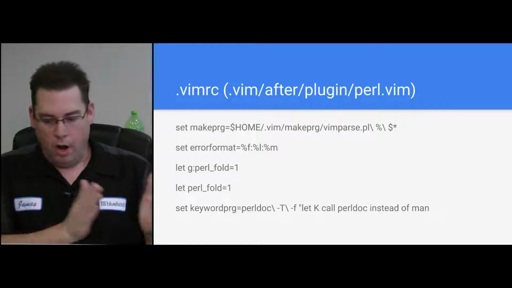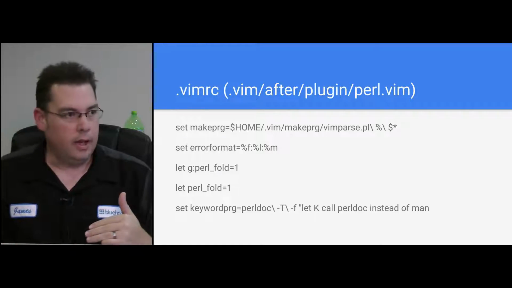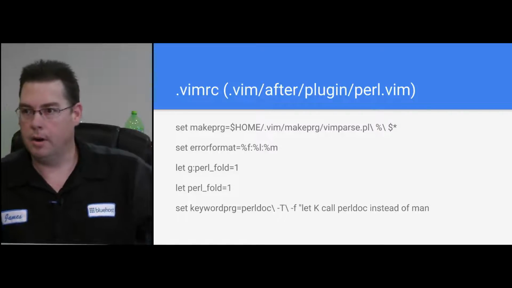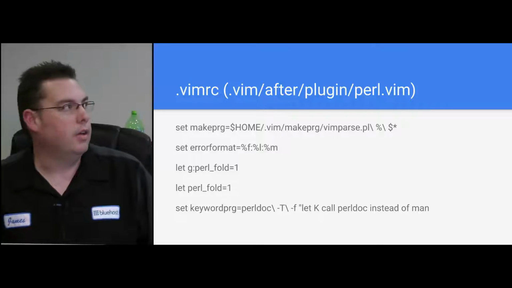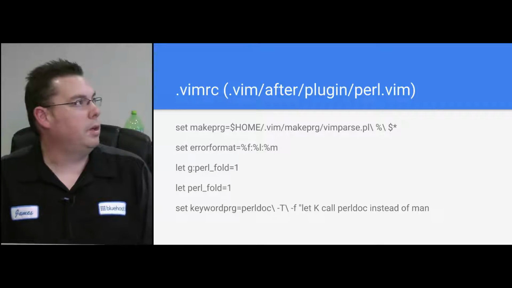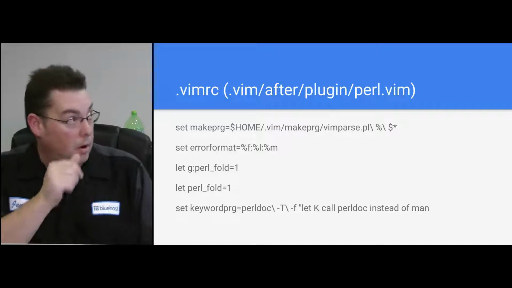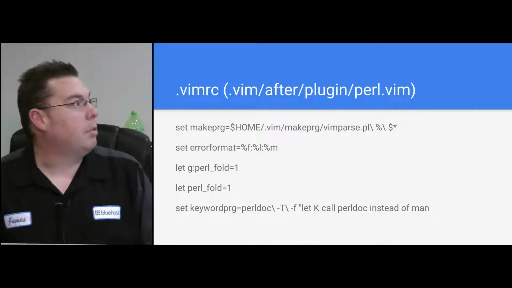And for all of those types of plugins, you can go into after and create a mirrored plugin, right? So if you have a Perl plugin, you can do after and then do things after it. And so I've put all my Perl